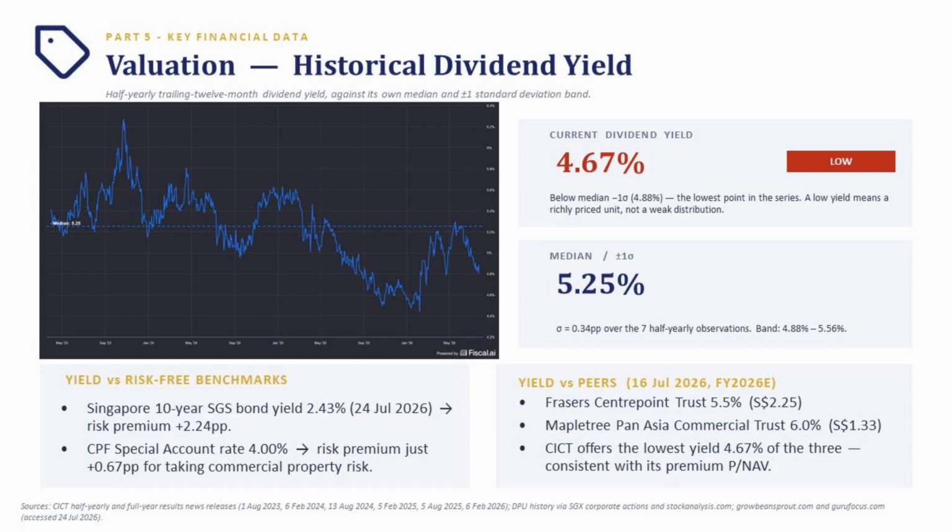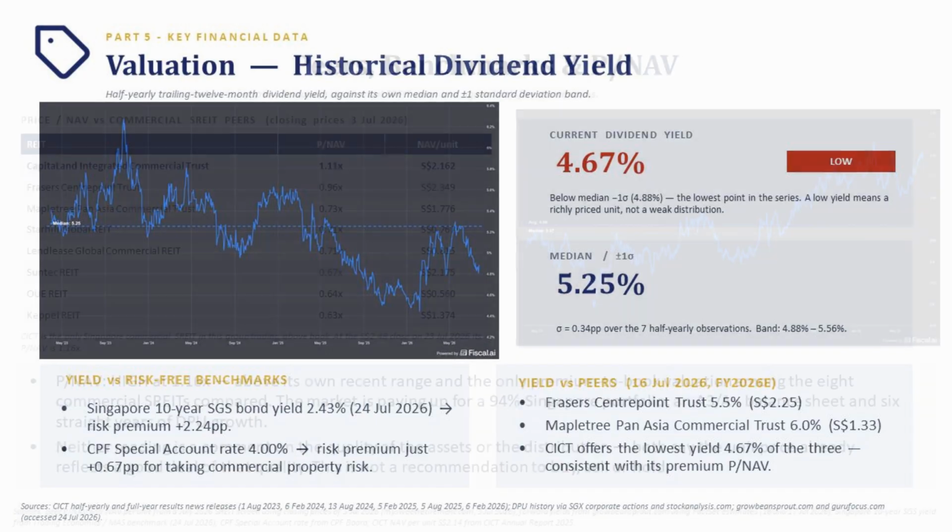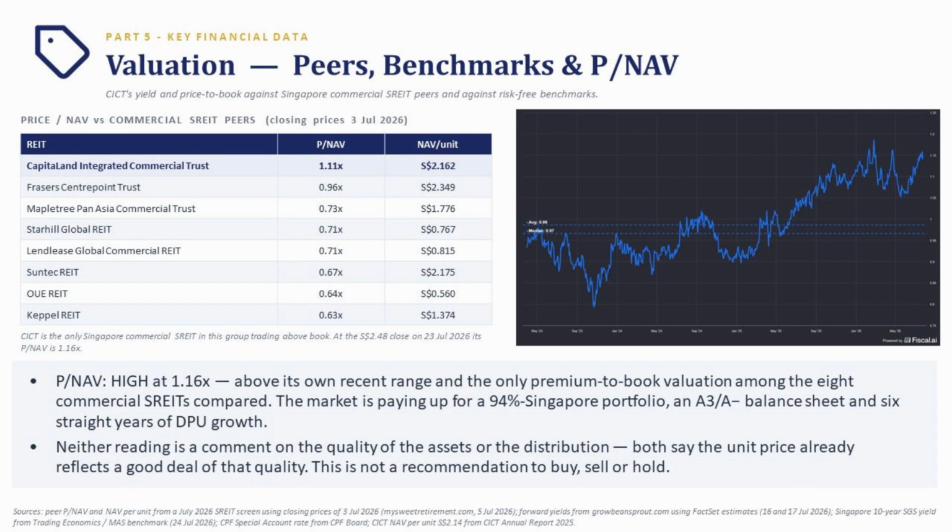Because the market has assigned a premium multiple to the trust's net asset value, the unit price trades higher relative to its peers. Consequently, a higher unit price, acting as the denominator in the yield calculation, forces the yield percentage lower. The 4.67% yield is the strict mathematical outcome of the market applying a premium valuation to the underlying assets. Moving to the next slide, this sequence transitions our focus directly to those precise price-to-net asset value metrics, expanding